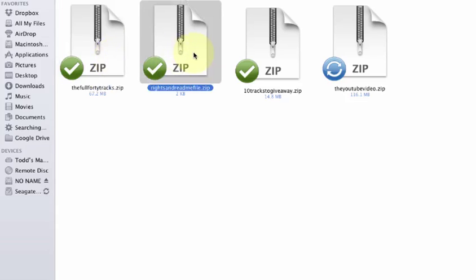Then here is something that you really need to read first, and that is your rights to this package. Basically, all it says is you have the right to give away any 10 of the audio tracks, but you can't give away all of them. You could sell all of them or any part of them, but you can't give them all away. And you can't give away my video or sell my video.